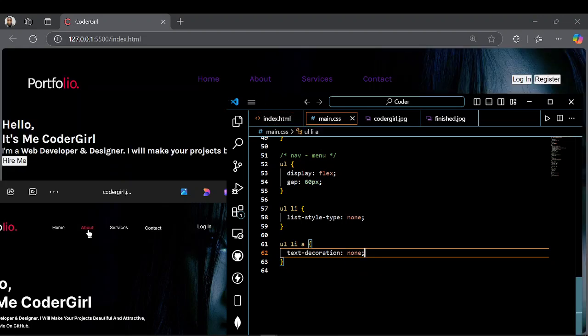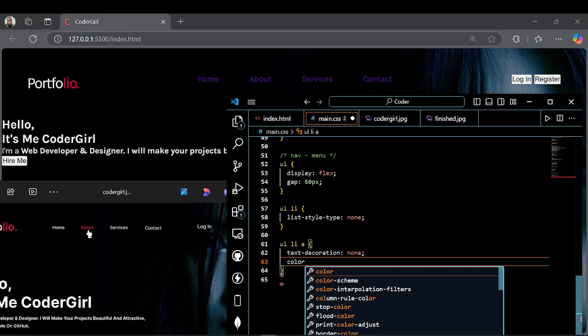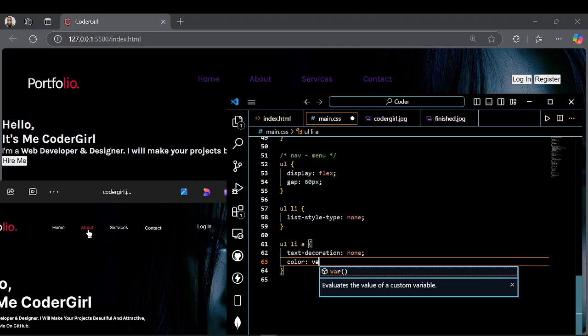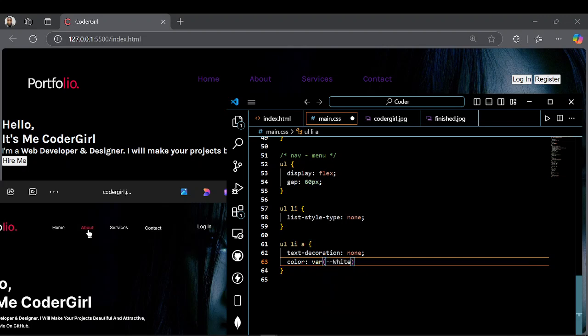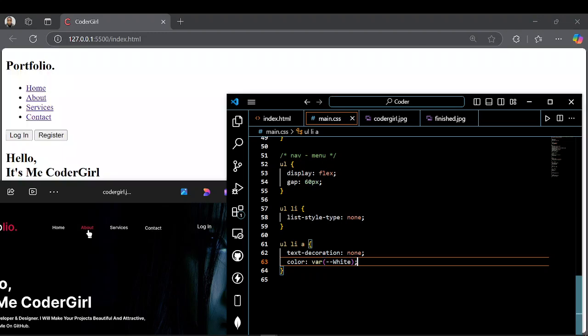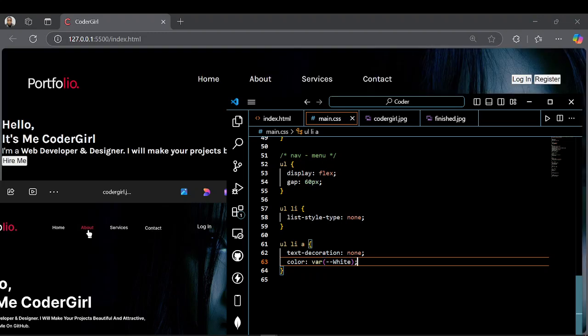So now let's remove this color and let's give it our normal white color as we see it in our design here. So now we'll give it our variable white that we've declared. Okay, so let's see. Okay, good. Now if you look at the design, you can see there's a mouse hovering on this About, and when you hover on it, the color is changing. So there's something